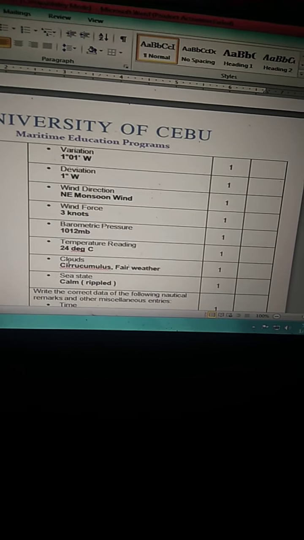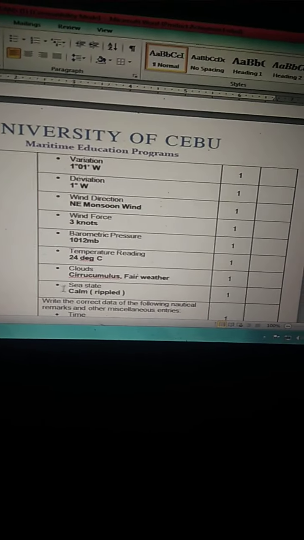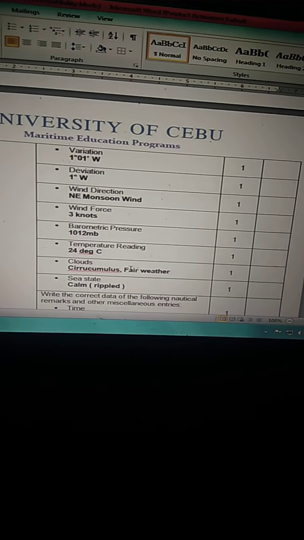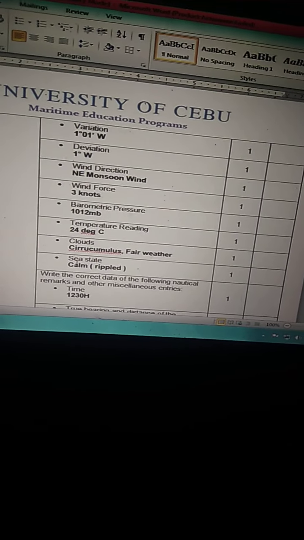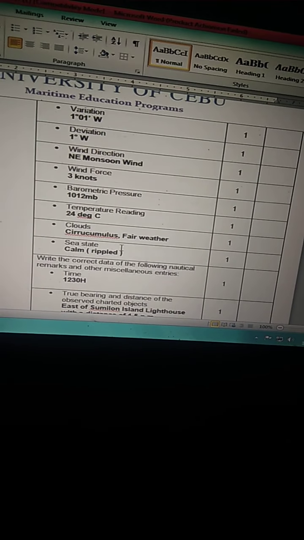And how do we get our clouds? The zero cumulus fair weather. So we get that from here, because we need to identify these clouds and it is zero cumulus. And sea state, what do we find as sea state? Rippled. So we get that from